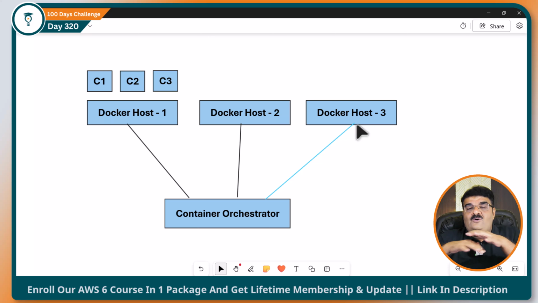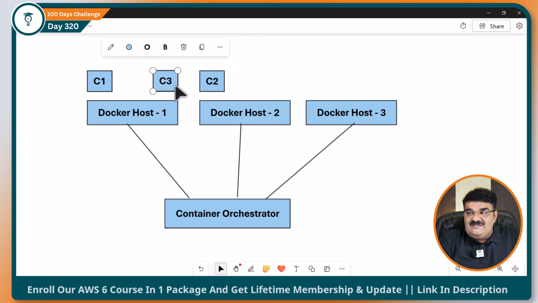Once you add multiple Docker hosts inside the cluster, they will act like a team. All the coordination will be defined by the container orchestration service. It will schedule all the containers inside these Docker hosts. So it will find out that, okay, Docker host 1, you are going to run C1 container, Docker host 2,